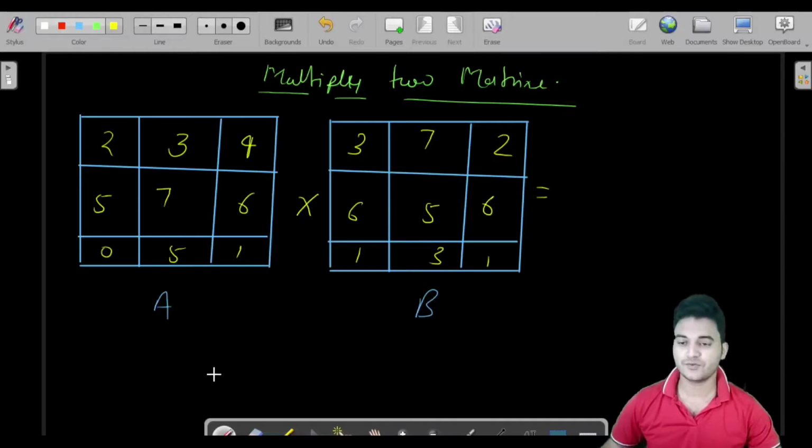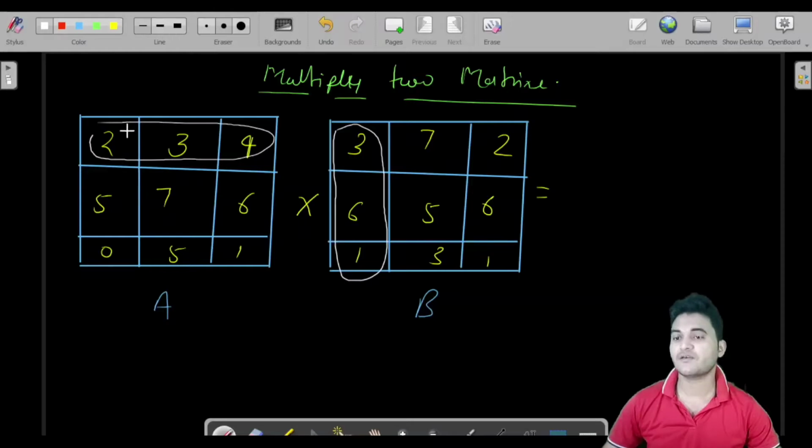So what you used to do is pick the first row from the A matrix and the first column from the B matrix, multiply them and add them.